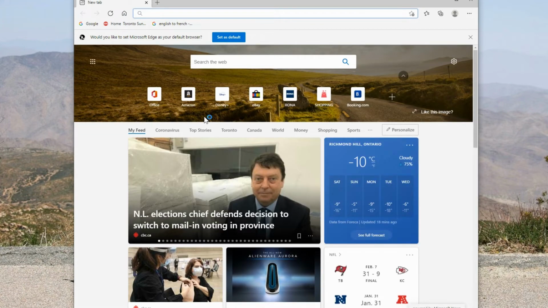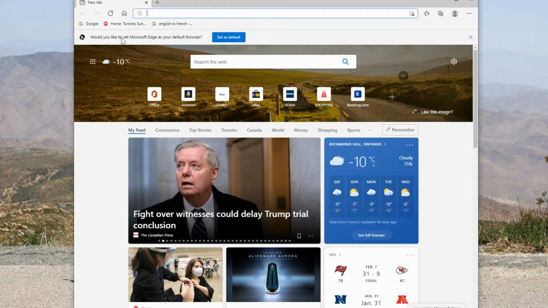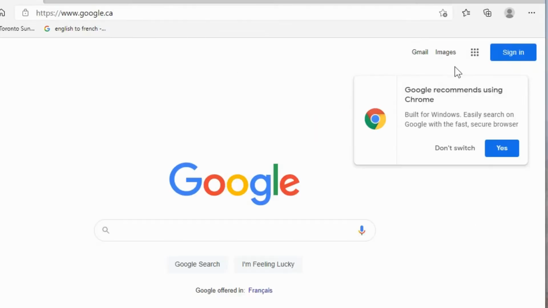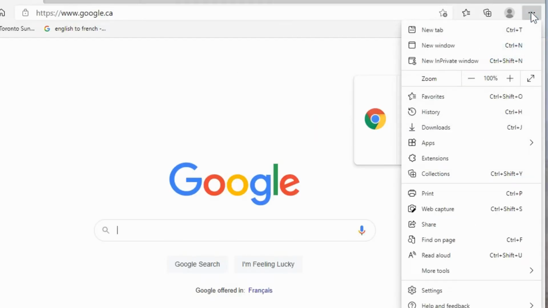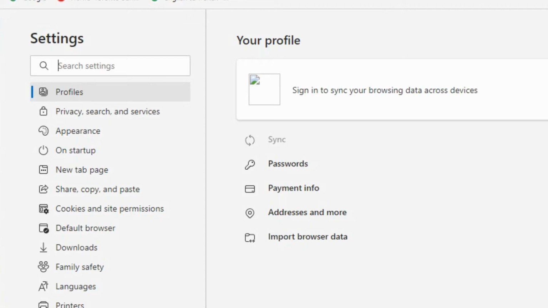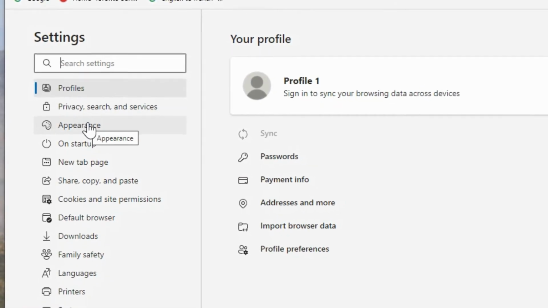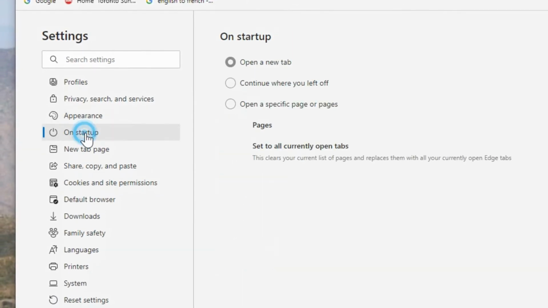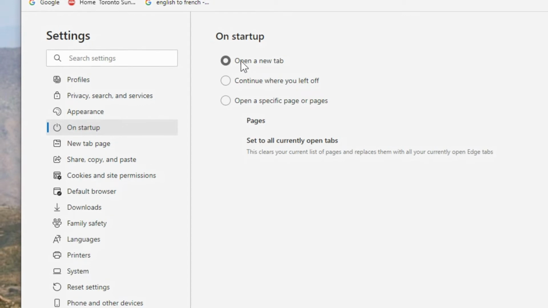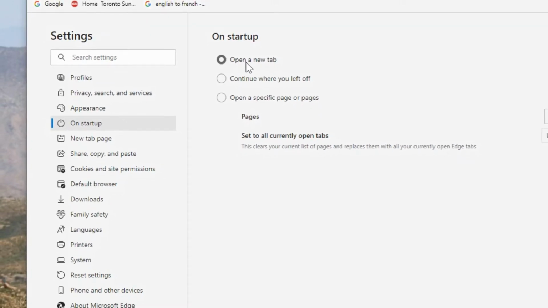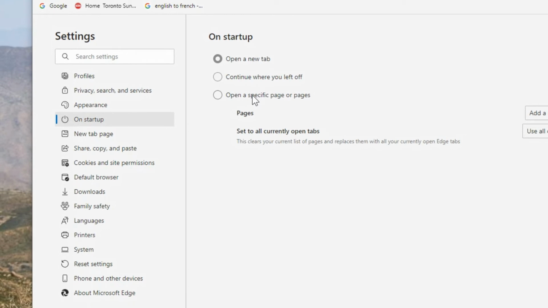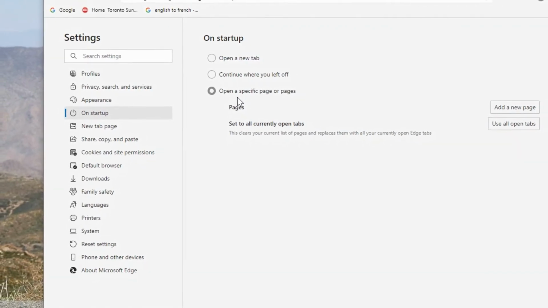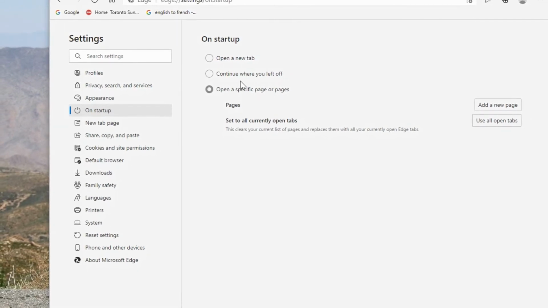Now what happened is when we open the browser, it's not showing our home page that we set. If we hit the home button, it takes us to Google, but that's not the start page. So that's a different setting. Again, if we go into the settings, it's important to understand the difference between having a home button and the startup. On startup it remembers either showing the new tab window, continue where you left off, or a specific set of pages, and it could be one page or a set of pages.